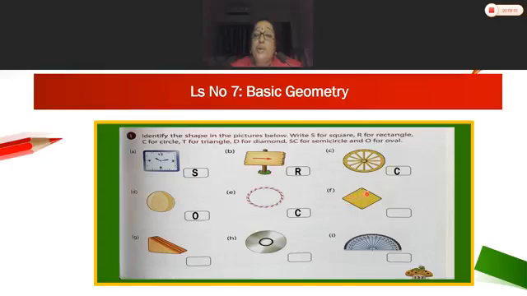Now what is F? Tell me, children, I've taught you. Very good. Diamond. It has 4 corners and all the 4 sides are equal, but we have slanting 1, slanting 2, slanting 3, slanting 4 lines in a diamond. Okay. Now next, G. Now here what is the shape? What you can see here? 3 corners and 3 sides. It is a triangle. Okay. T. So it is T.